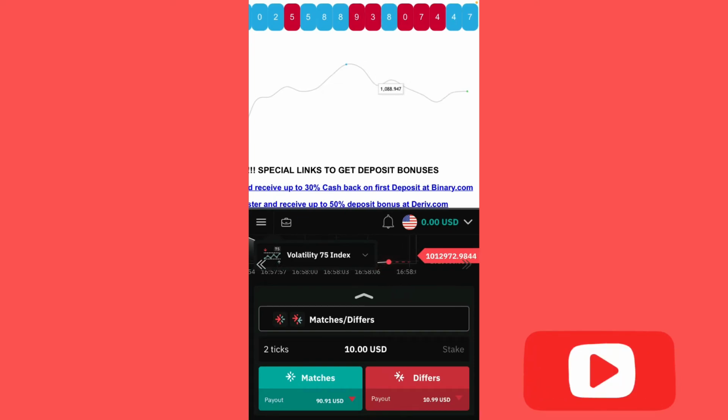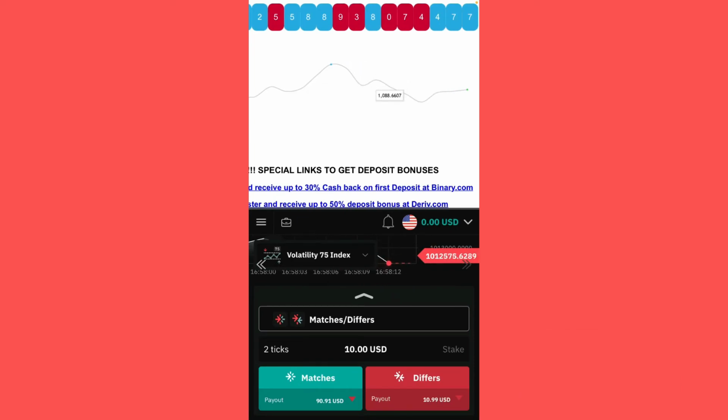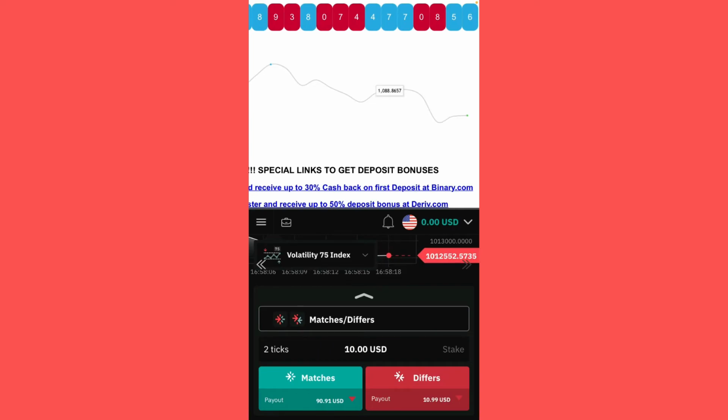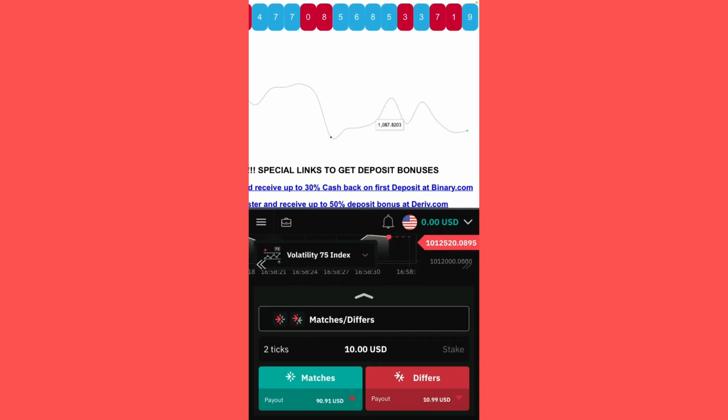So we wait. 7, 0. Okay. 1, 3. That's what came up on volatility index. On 2 ticks, we wait for another 0 so that I will show you this clearly. 9, 1, 6, 1, 3, 9.